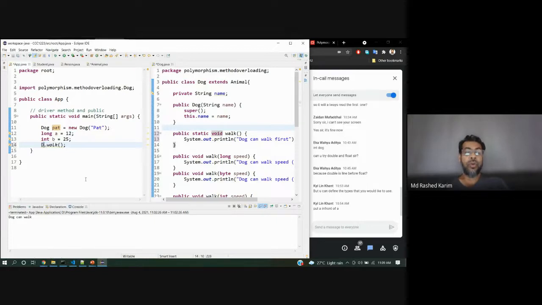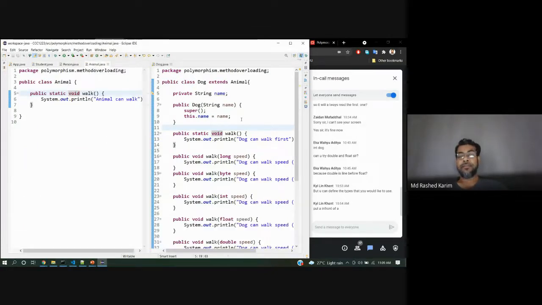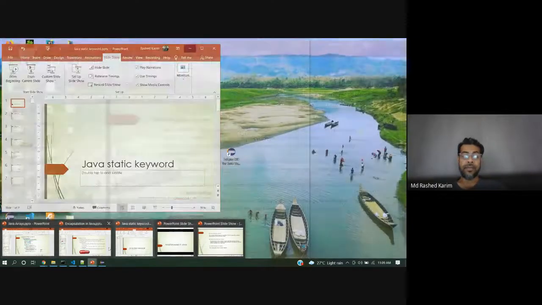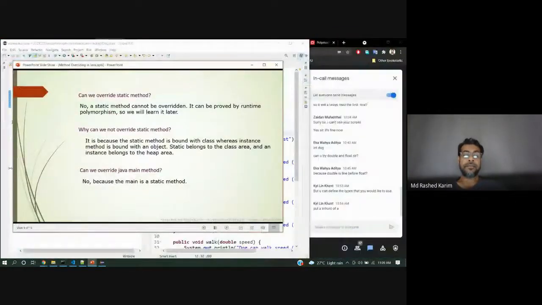So what can I do? I can do it by dog. So a static method can be hidden if both are static: the parent as well as the child class have the static. But without static, you cannot do that. Then, can you override the Java main method? No, because it is a static method.